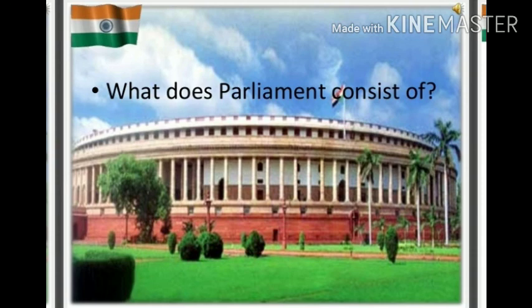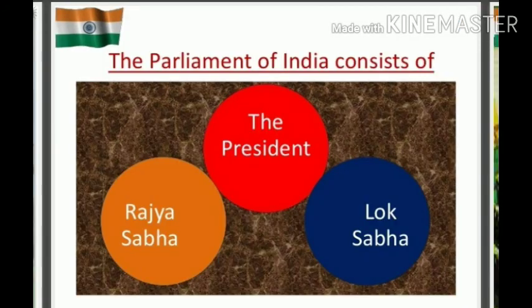The Indian government, like any other democratic government, consists of three organs: the legislature, the executive, and the judiciary. In this chapter, we will study the central legislature. The central legislature or the Union Parliament consists of two houses, the Lok Sabha and the Rajya Sabha. Lok Sabha is the lower house of the parliament and Rajya Sabha is the upper house of the parliament.